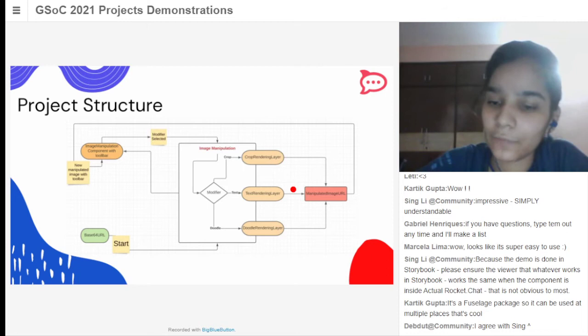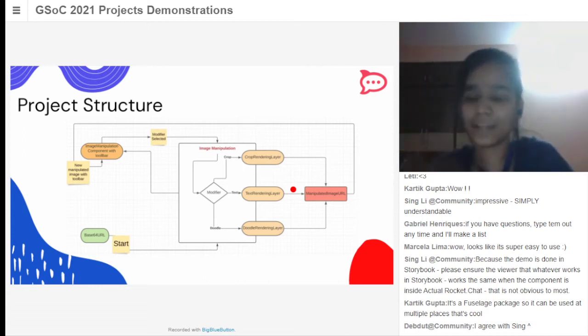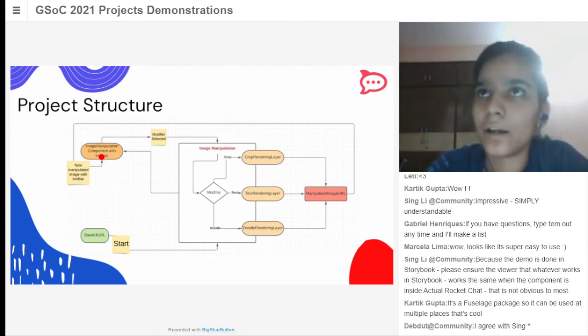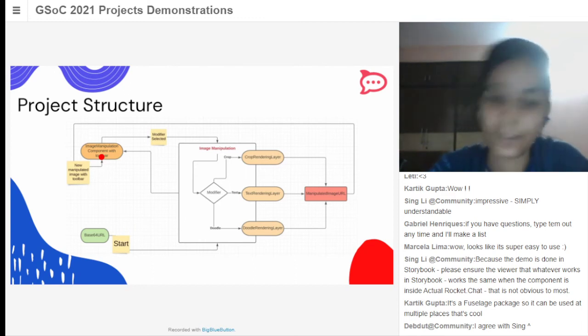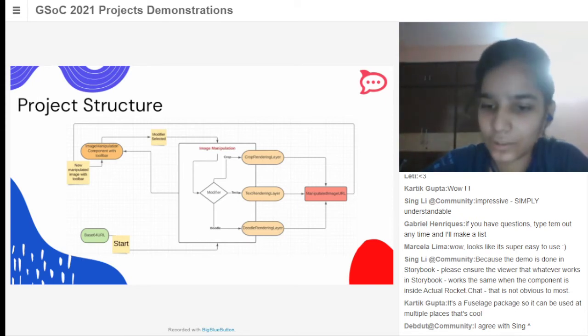Then after that, when we click on the check, we convert the canvas to an image, and then we store that image URL, which is base64, and then the image manipulation component again renders that image and previews it with the toolbar like it did in the starting. So this is an infinite cycle. We can do it any number of times. After the crop functionality, we can use the text, or after the text, we can again use the crop or doodle, anything you want. And after that, let's talk about the challenges I faced in the